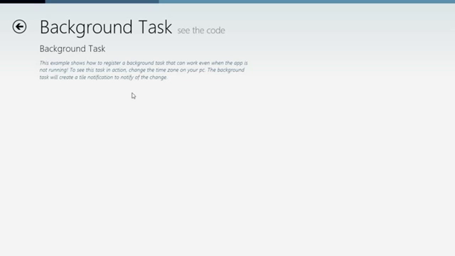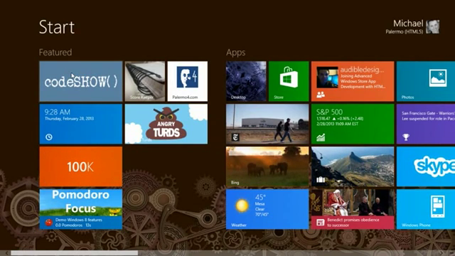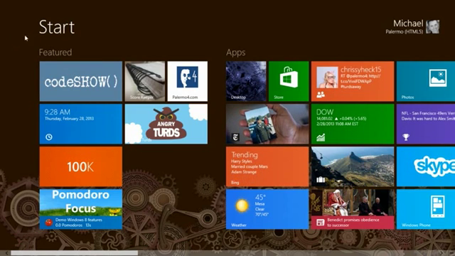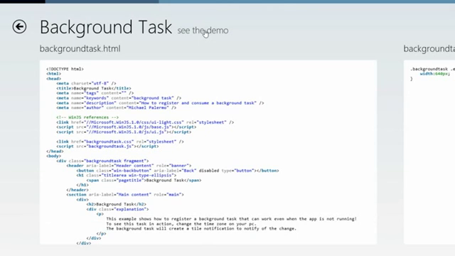So you'll notice now, if I go back to the start screen, Code Show is just showing with its normal tile. But by merit of going into the application itself, so I'll tab back over there, the code for this